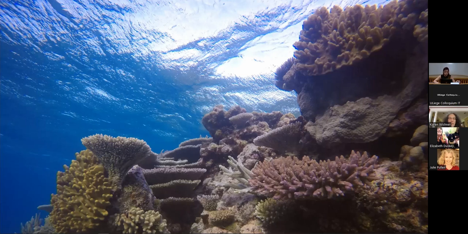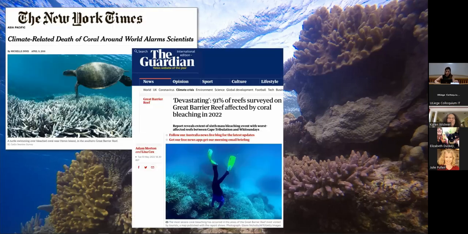Due to warming, the Great Barrier Reef has undergone mass coral bleaching 4 times in the past 7 years, and that's affected all but 2% of the 3,000 reefs that make up this ecosystem. And this is only a couple of the recent headlines, one from just a few days ago, actually, but this has been going on since March of 2016. And of course, the reefs are